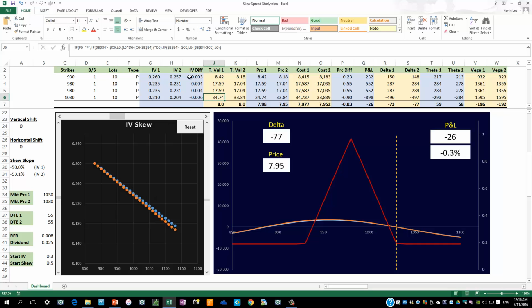Because the drop in IV is bigger on the right leg. See, this is 0.6 points versus 0.4 and 0.3. So the net result is you get a bigger P&L drop on the right leg. And this overwhelms the positive P&L from the short strike. And as a result of that, you actually get a decrease in price and a reduction in P&L. Although the IV changes negatively, for a butterfly, it should increase